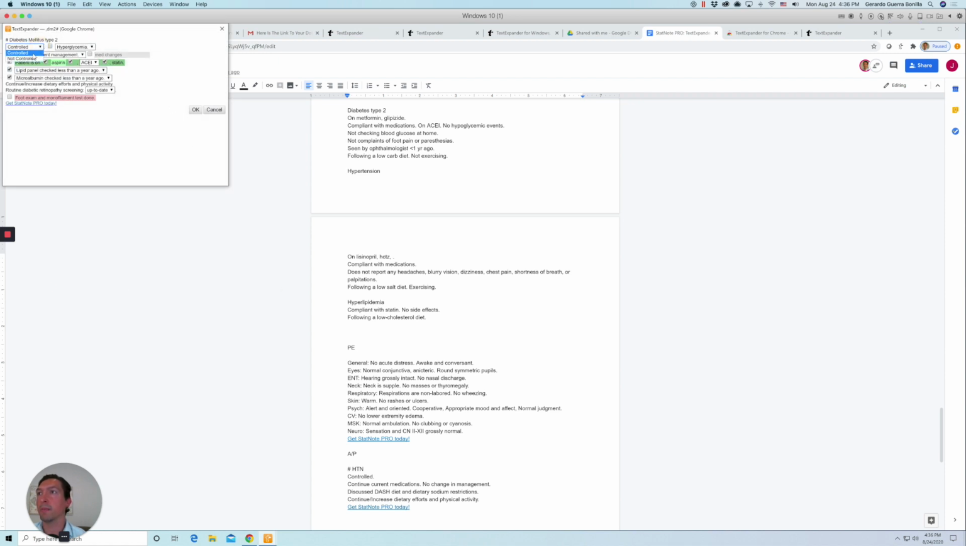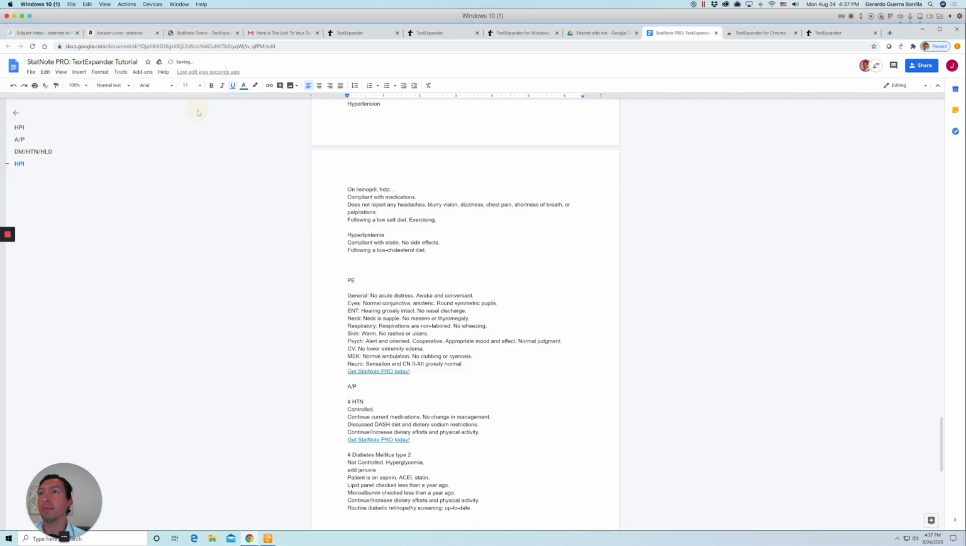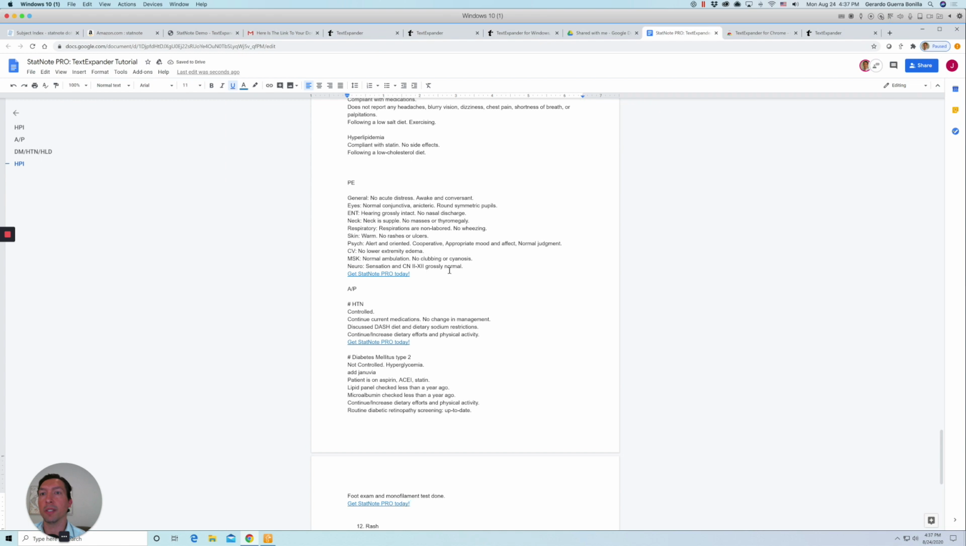And here, let's say it is not well controlled. Usually you have to write that it's hyperglycemia. Let's say we're going to add the diabetes smart set, and this is just a checklist for things that I routinely do. Check their cholesterol, microalbumin, diabetic retinopathy. Maybe I did a foot exam, and if I want to add that to the physical exam,